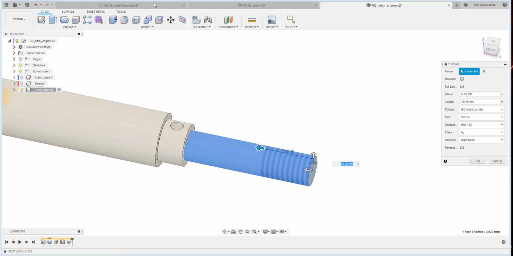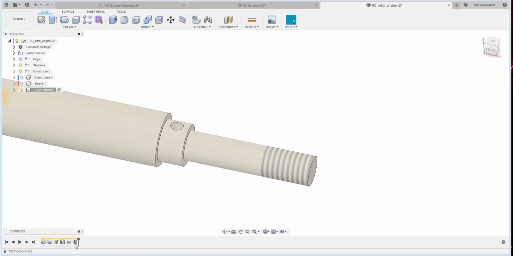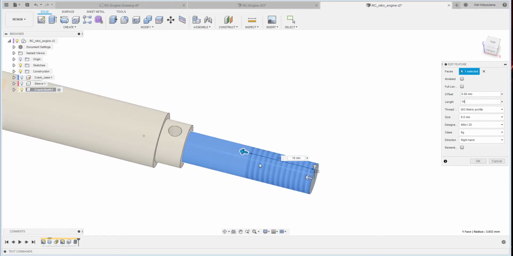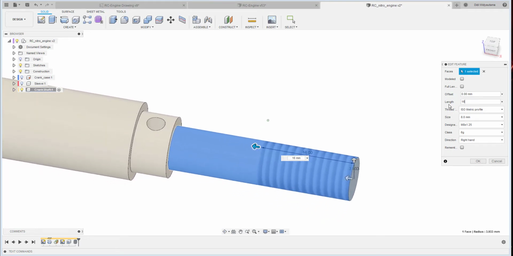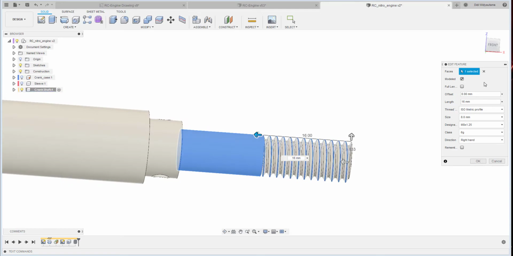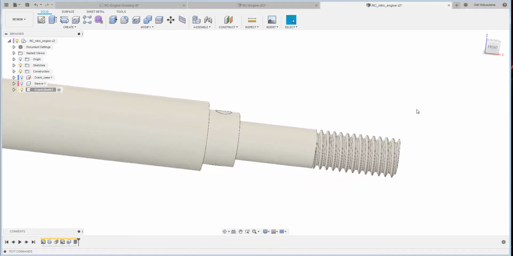So let's say this one would be 16, so I will create this length is 16. Okay, so easier for us to get the length of this threaded. Okay, if you would like to model the thread, so you just click check mark on the model like that. Okay, we leave it like that,